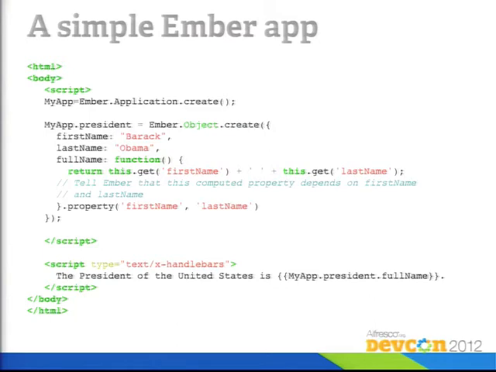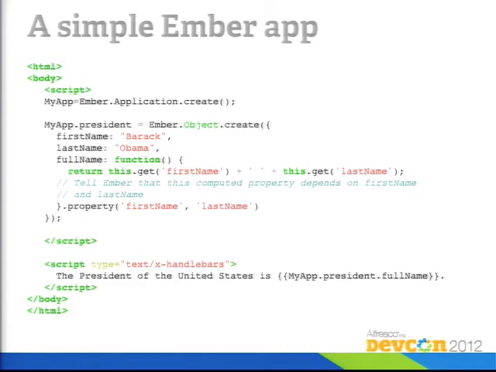I can declare who I depend on, or in other words, what properties I depend on. So it says, I depend on first name and last name. This automatically establishes another binding that watches these two, and if they ever change, then it triggers a recomputation. Okay? That's what I described a little bit earlier. So I think that's simple, it's very elegant, and the power, as you build bigger and bigger apps that do more and more with the data, I think cannot be understated.